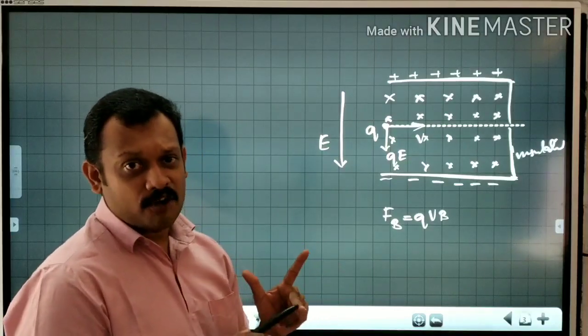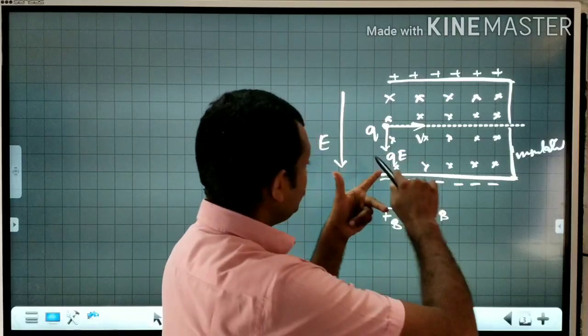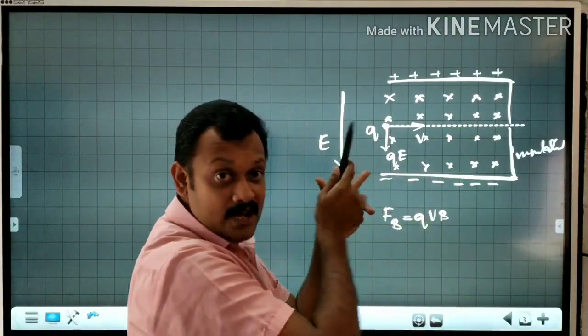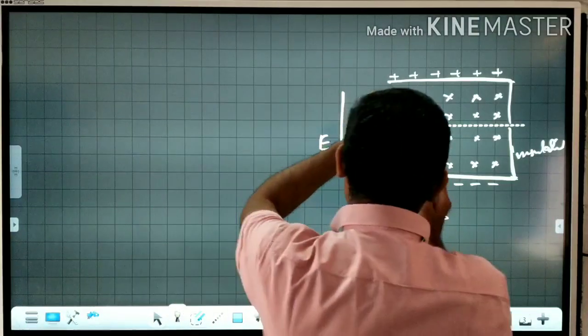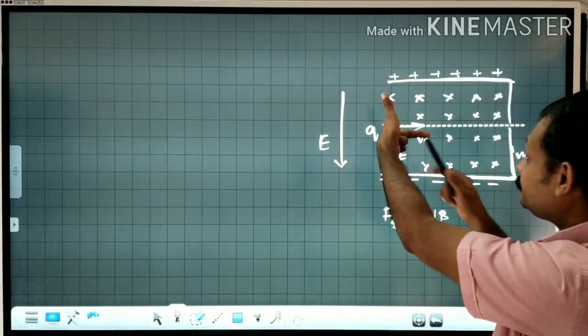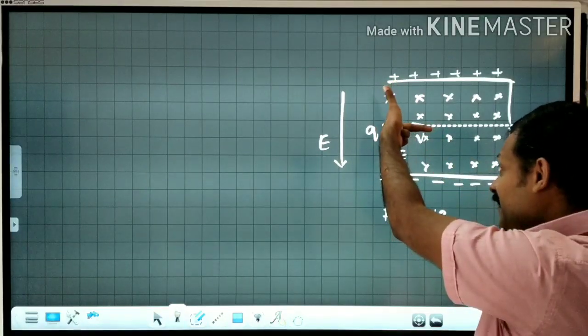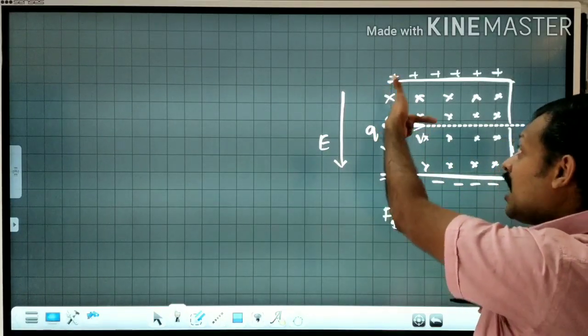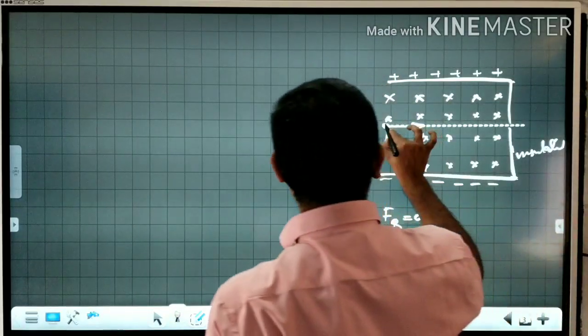Velocity, that is the direction of velocity of the charged particle, is represented by the middle finger, magnetic field is represented by the index finger, and force is represented by the thumb. Now we can see this. I hope you can see me. The velocity is directed likewise. Magnetic field is into the plane of the board, and therefore magnetic force is upwards.